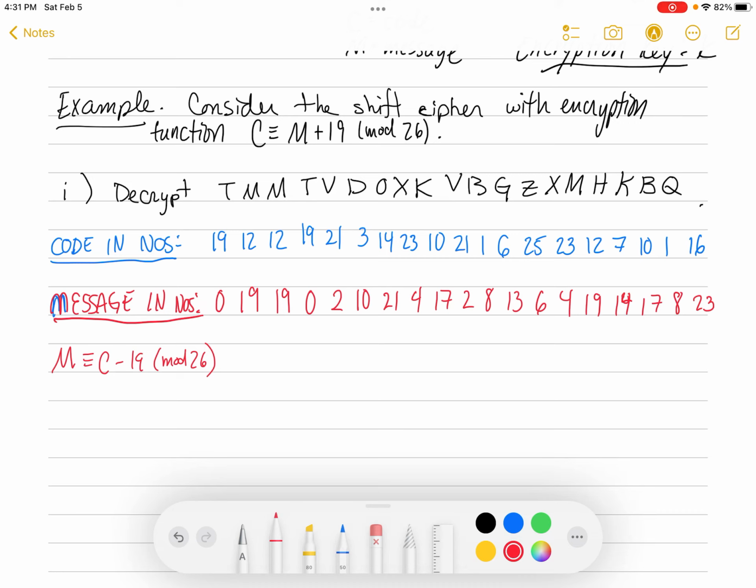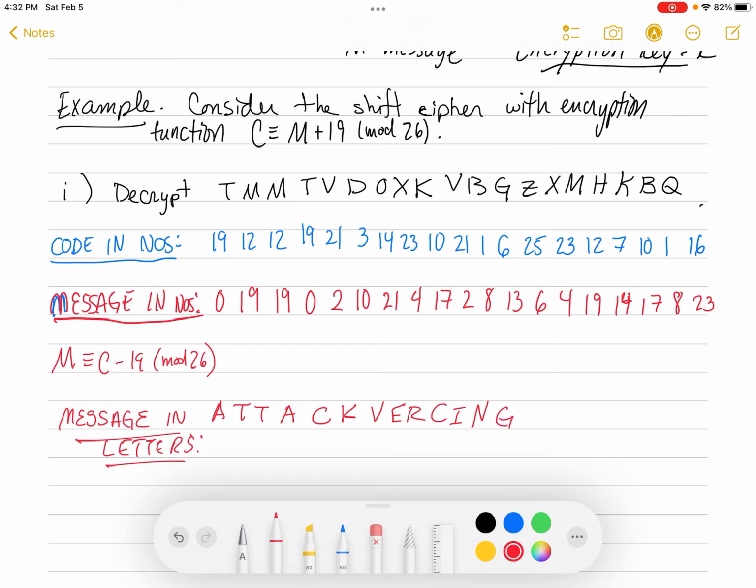So let's convert each of these numbers back to text. So we're going to have the message in letters. So 0 is A, 19 is T, 19 is T, 0 is A, 2 is C, 10 is K, 21 is V, 4 is E, 17 is R, 2 is C, 8 is I, 13 is N,